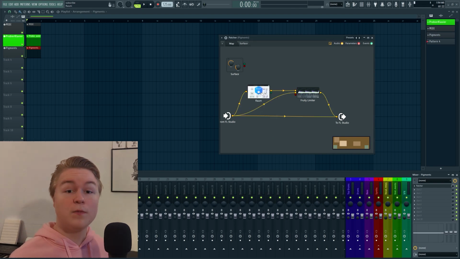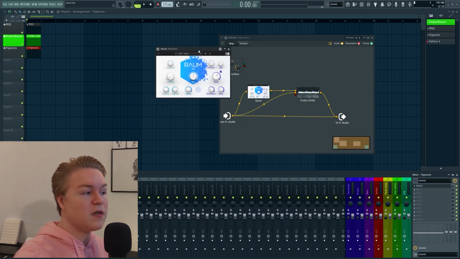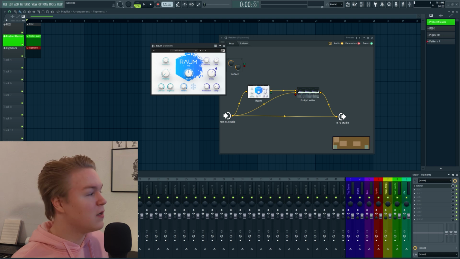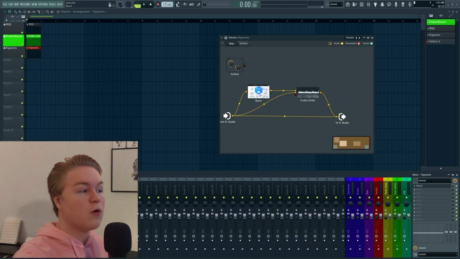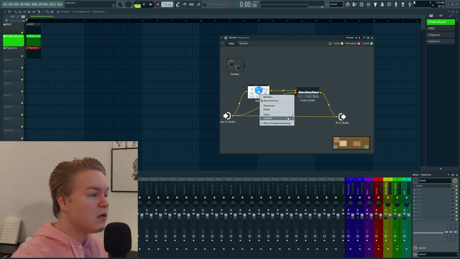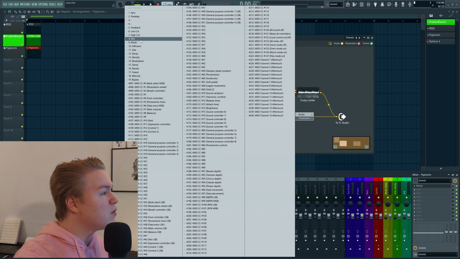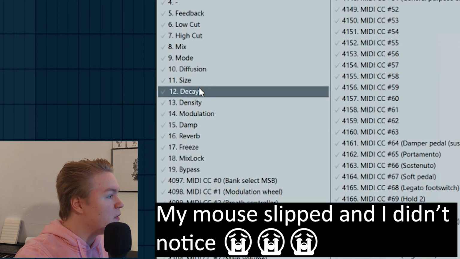So far so good, but one problem that non-native plugins have is that if you want to use the same method I just used with Fruity Limiter, just right-click and activate, if I right-click on that, nothing happens. So how are we going to control the knobs here? Well, it can sometimes be a bit tedious, but it's not especially complicated. You just have to right-click the plugin icon and go on Inputs, Parameters, and just choose the knob you want to control here. Let's say I want to control the decay time, then select that,